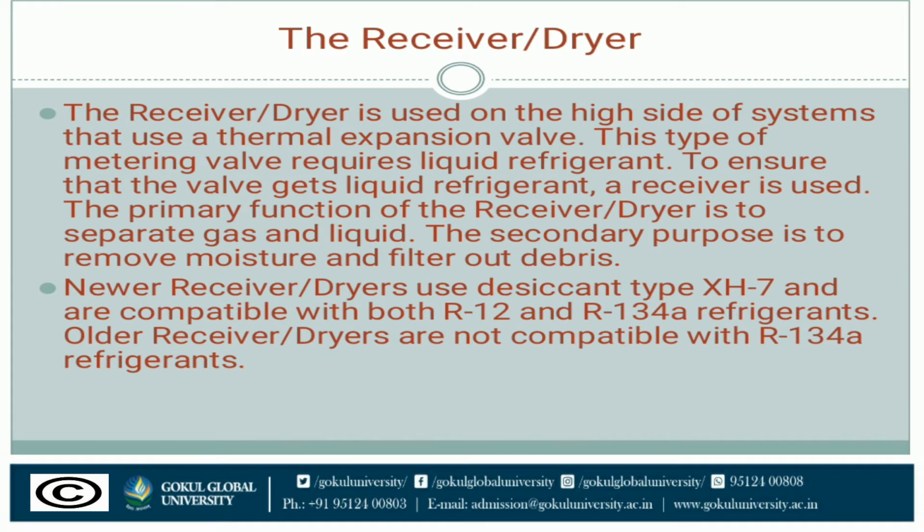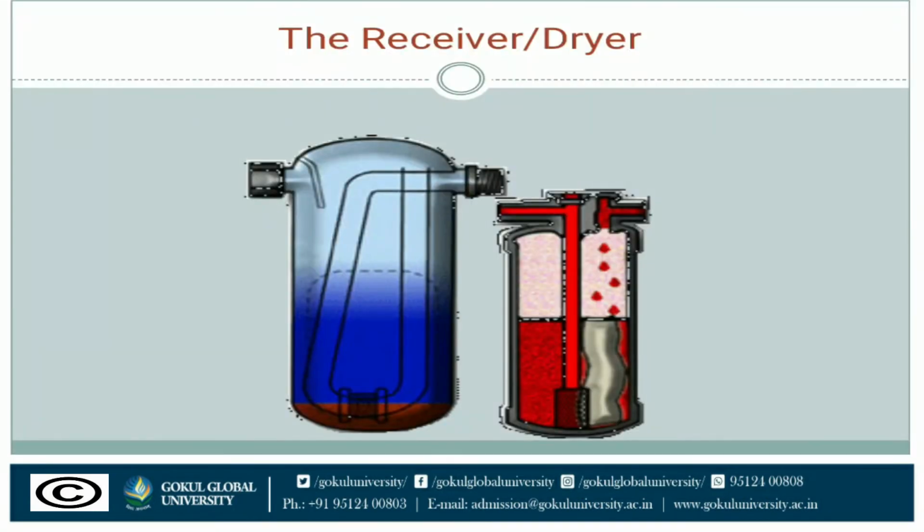And what is in the receiver dryer? As you see, there are small granules that attract water. We have seen, for example, packets of desiccants in company shoeboxes, where they do the same thing, attracting water from the air to keep a new shoe fresh and ready for your feet. They are usually labeled "do not eat." In the receiver dryer, they remove any water that has entered the system.